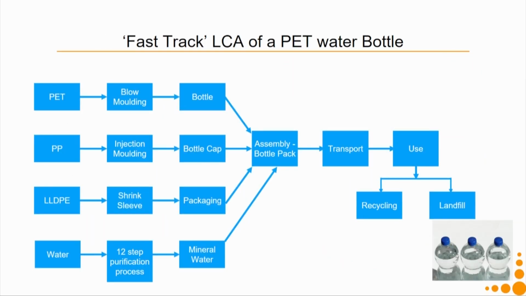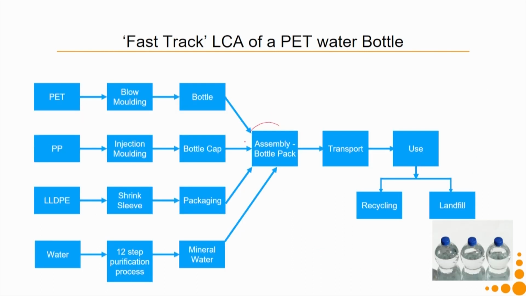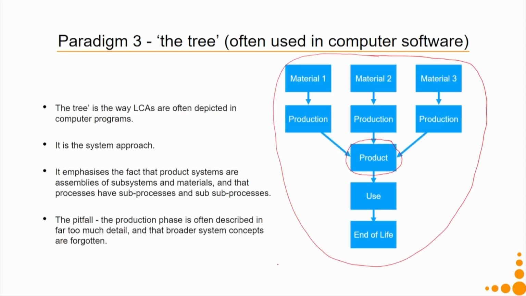We come back to our previous example of life cycle assessment of the PET bottle. In a real life scenario, most products are an assembly of products or an assembly of components. So, the tree structure helps you to achieve that. Here you can see the product, which in our next example is the assembly of bottle pack.